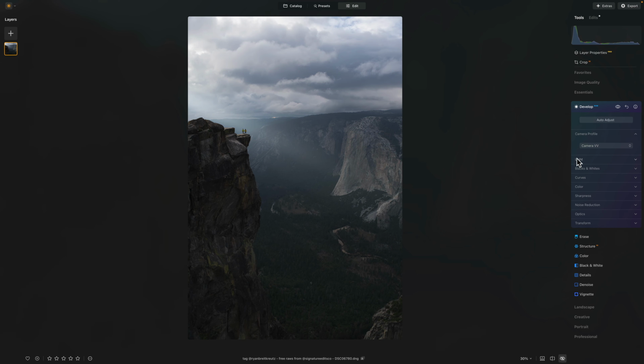Now, I'm not going to worry about curves for this particular image, but I am going to come into color. And the whole reason I want to come into color is because I feel like this photo is still a little dull. It's come a long way from here to here, but what I want to do is increase the vibrance. And what that does is it intelligently and smoothly increases the saturation, especially in areas that weren't really saturated to begin with. So around 36 looks good to me,